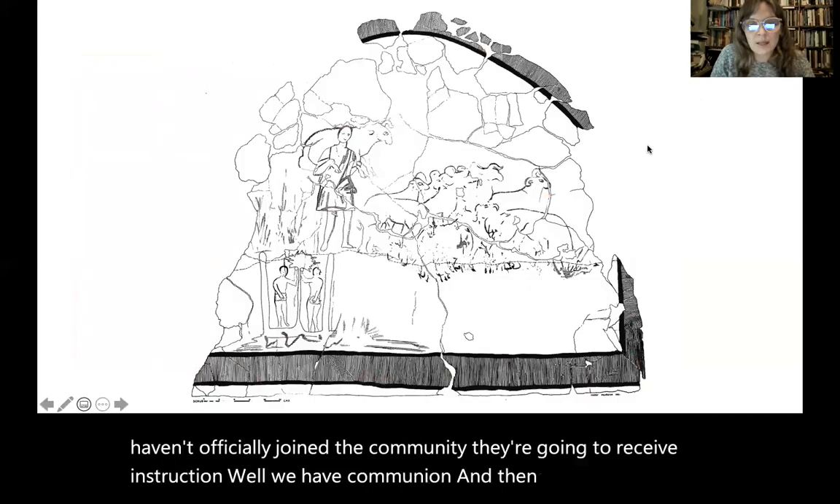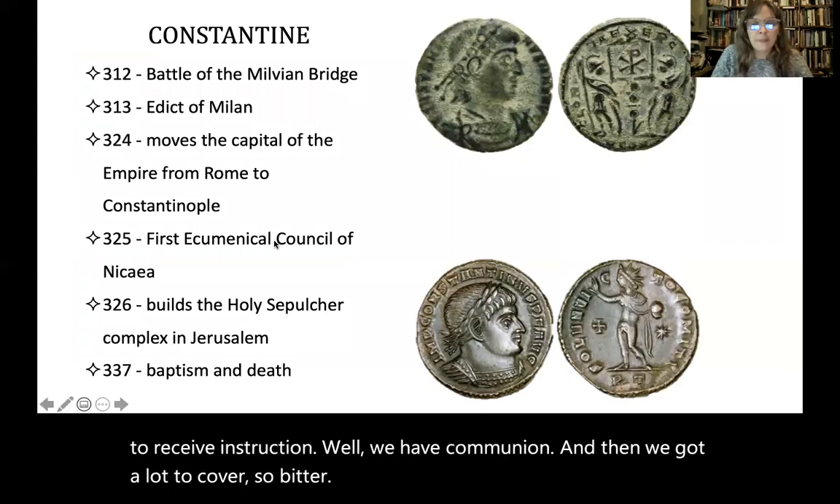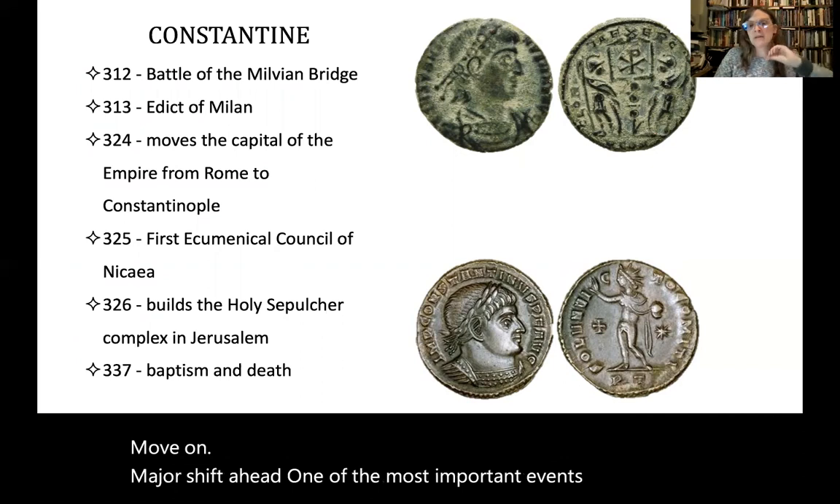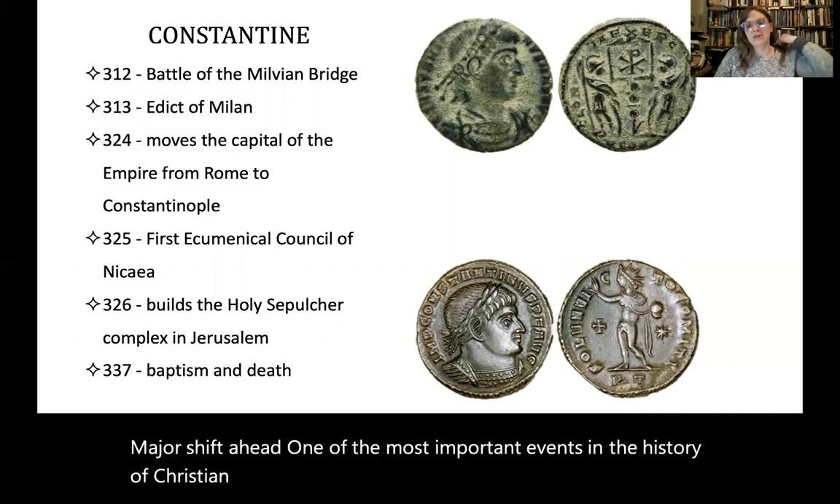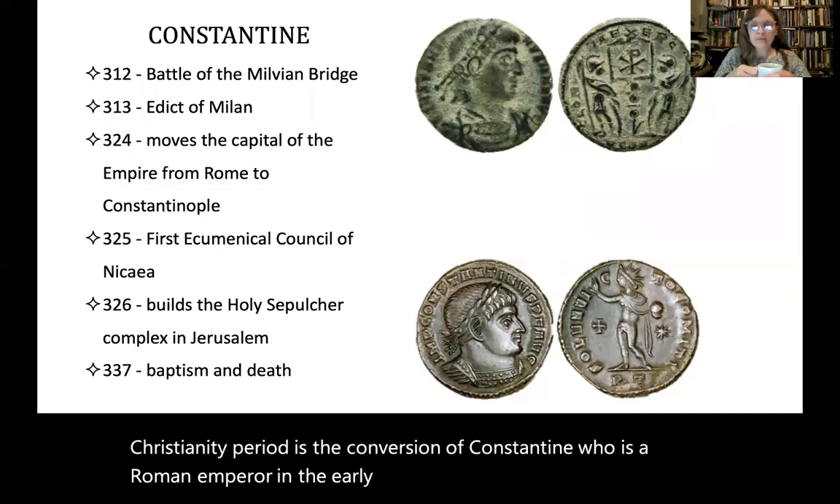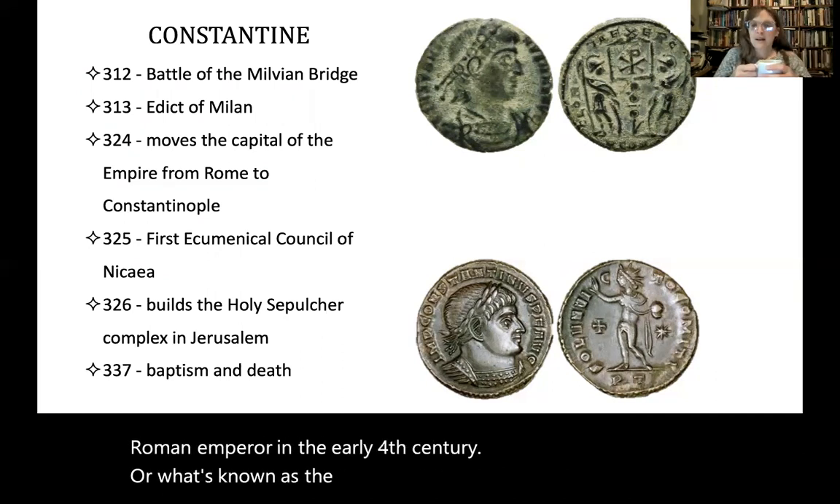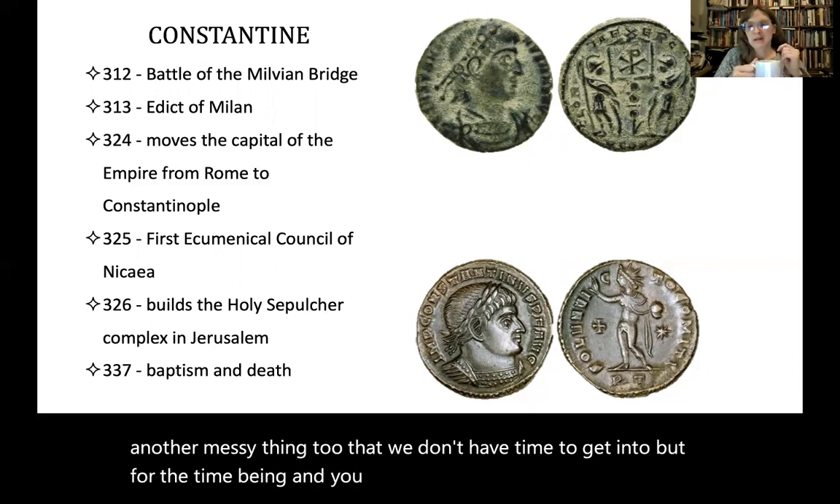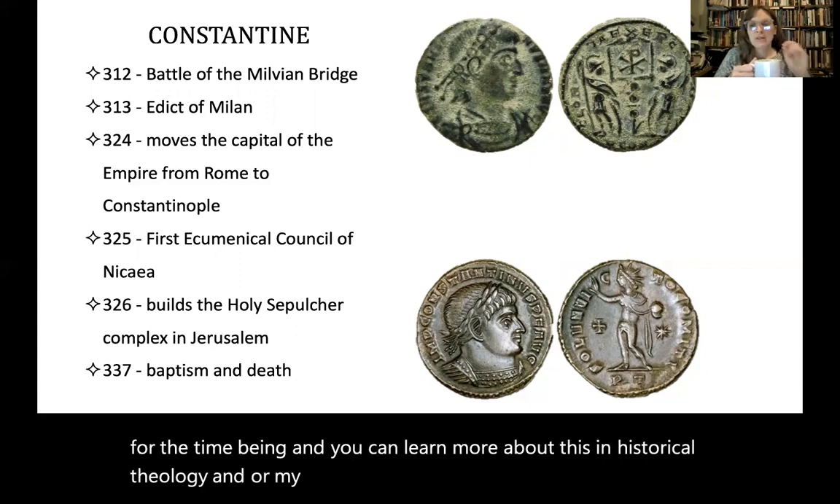Okay, we got a lot to cover, so I better move on. The major shift, and one of the most important events in the history of Christian architecture and in Christian art, and indeed in Christianity, period, is the conversion of Constantine, who was a Roman emperor in the early 4th century, or what's known as the conversion of Constantine. That's a whole other messy thing too that we don't have time to get into. But for the time being, and you can learn more about this in historical theology or my art history class, we'll just say that